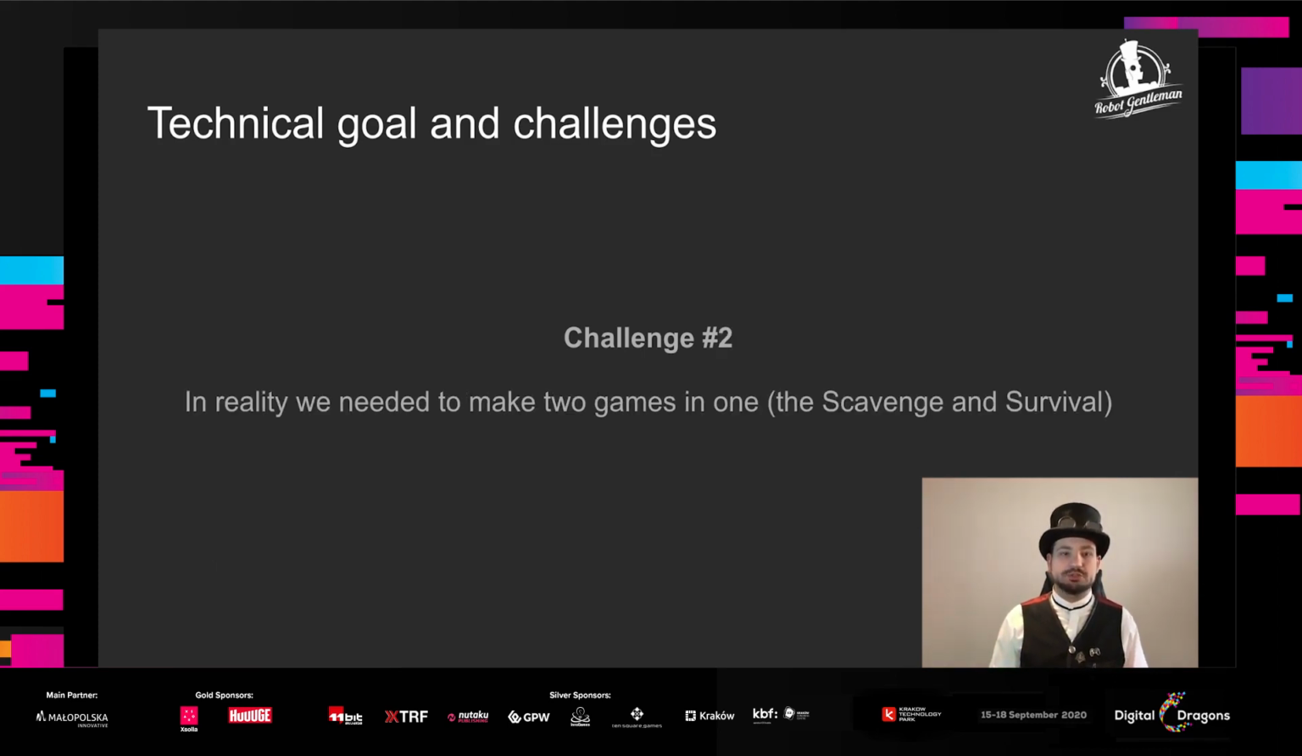The other challenge, at least at the beginning, was that in reality 60 Parsecs wasn't just one game. Mechanically speaking, Scavenge and Survival are two very different games that require different approaches to the development. Although the Survival mode has much more mechanics and systems, the Scavenge was, for example, more challenging to achieve